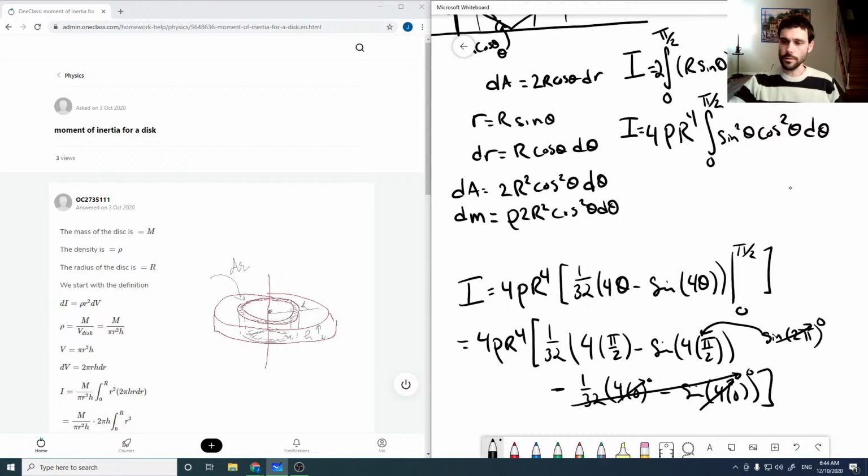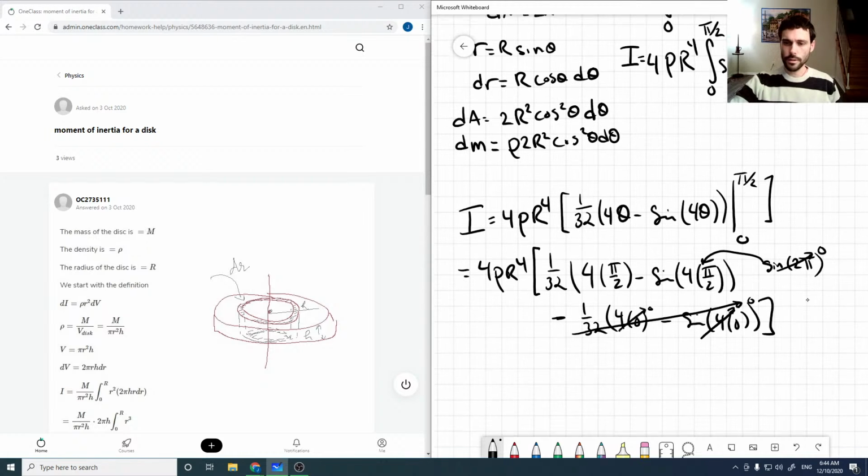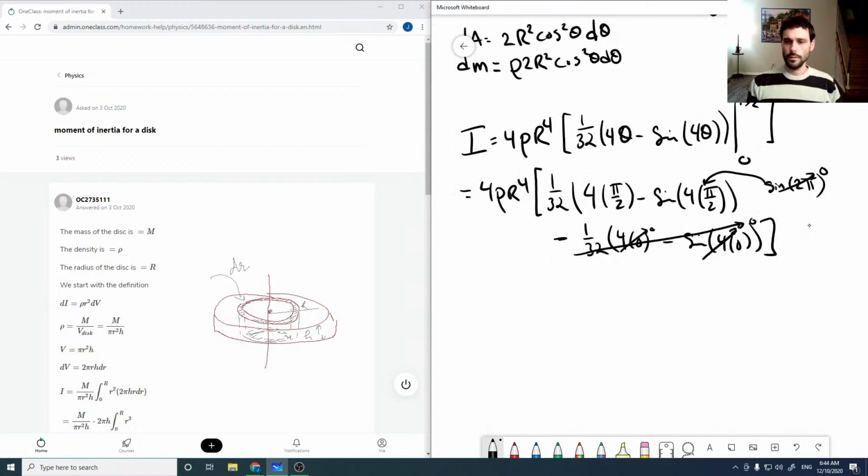So pretty much everything goes to 0 except the first term. So then we've got 4 rho r to the 4th times, just moving some stuff around in here, 2 pi over 16, which is equal to pi rho r to the 4th over, so 2 times 4 is 8, 8 over 16 is 2,